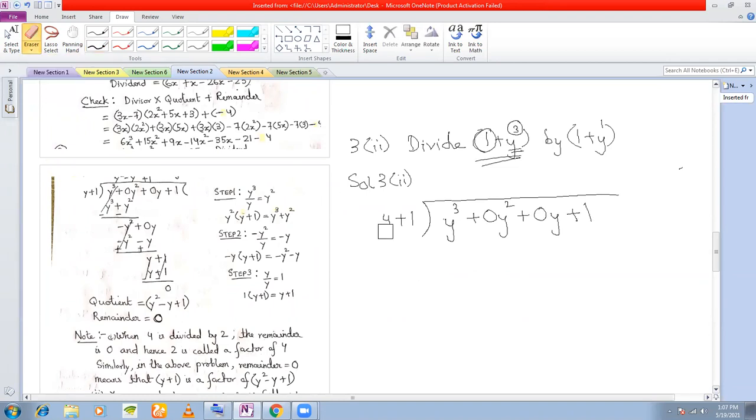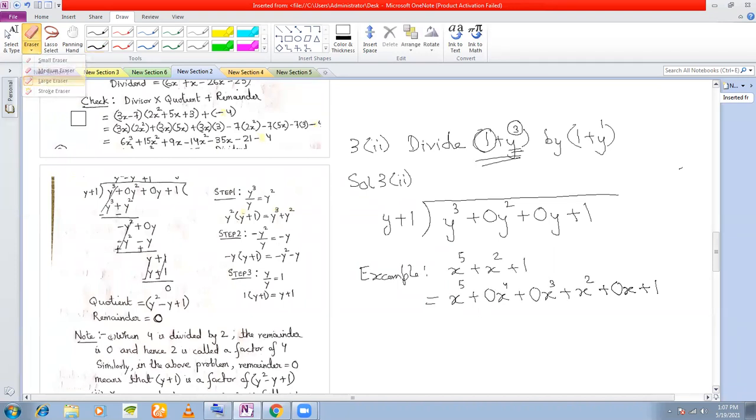So suppose I give you another example here. Suppose I have x to the power of 5 plus x square plus 1. See what powers are missing here? X to the power of 4 is missing. You write x to the power of 5 as it is. X to the power of 4 is missing, so you write 0 into x to the power of 4. X cube is missing, so you write 0 into x cube. X square is there, so you write x square as it is. X is also missing, so you write 0 into x plus 1. Clear?